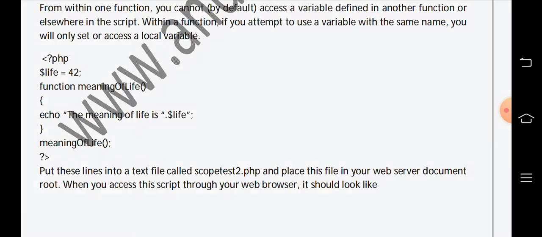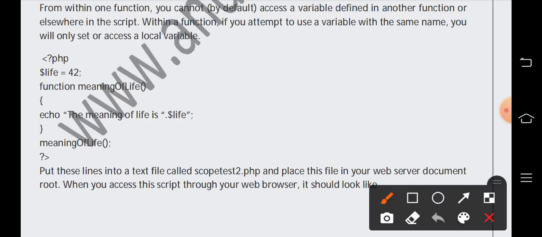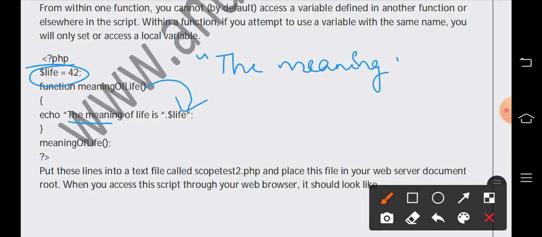Let us see in this example. We have a global variable called life. Here you can see life is equal to 42. This is a global variable, and inside the function we are accessing it with echo. We are printing the statement, the meaning of life is, and the output must be in this way.